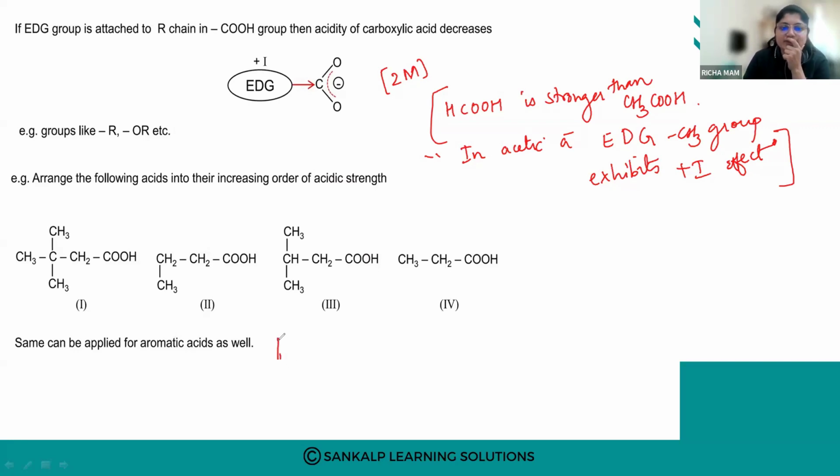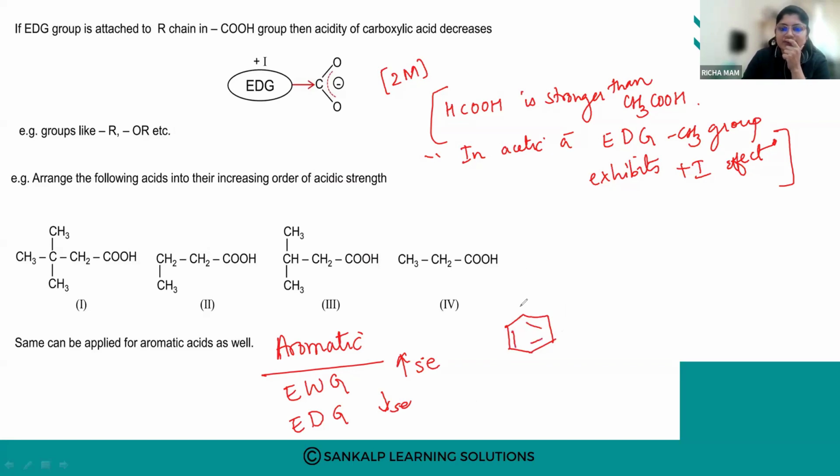When we are discussing aromatic compounds, it is the same. An electron withdrawing group, if present, will increase the acidic strength, and an electron donating group, if present, will decrease the acidic strength of the aromatic compounds. Now suppose